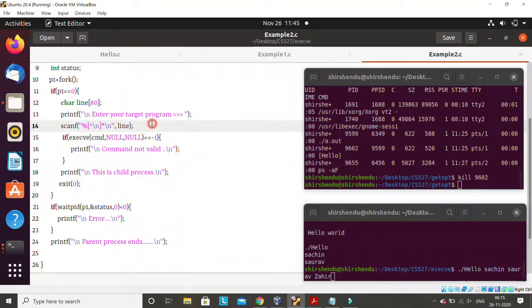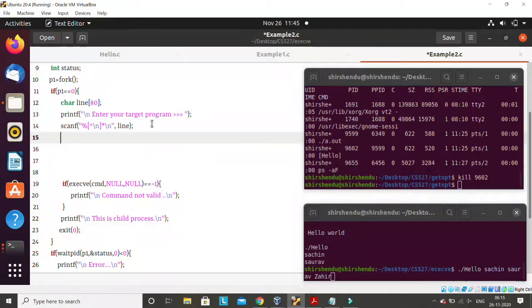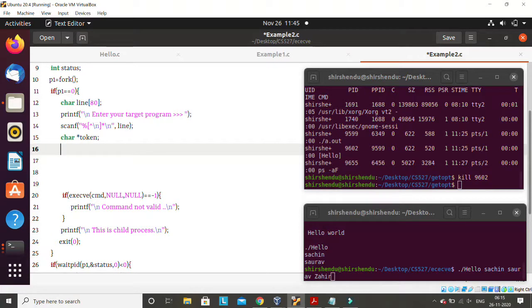After this I need to divide it into two parts. So first let me go for one token. I'll set token equal to strtok.